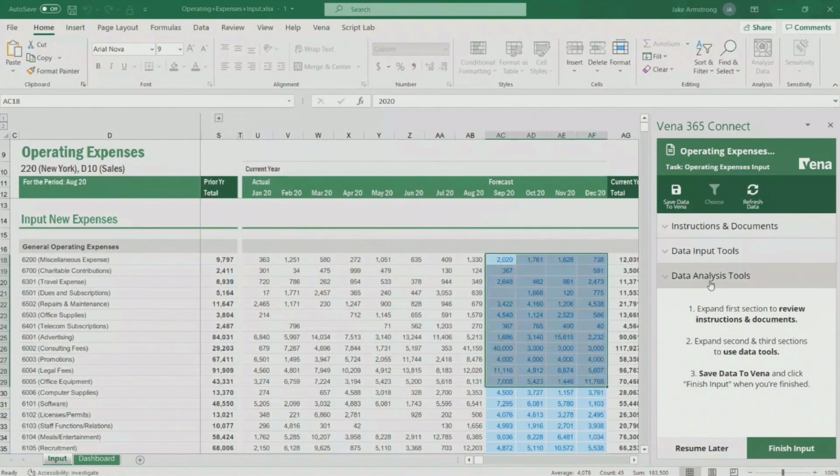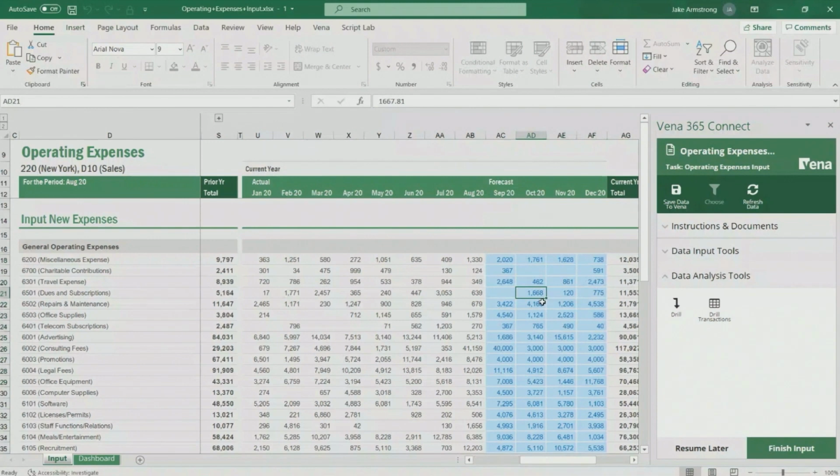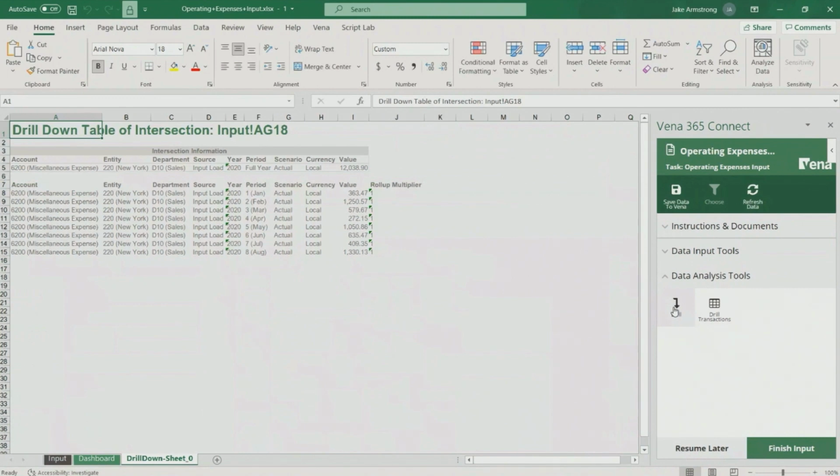Also to note, we've got a whole bunch of tools that can be really helpful to investigate data. And one of them is called drill down. So if we do a quick drill, you saw we started from one intersection, as we call it, one data point. And this sheet gives a really nice summary for our users of exactly what that data point is composed of. So, and that behind the scenes actually is exactly what you saw earlier,